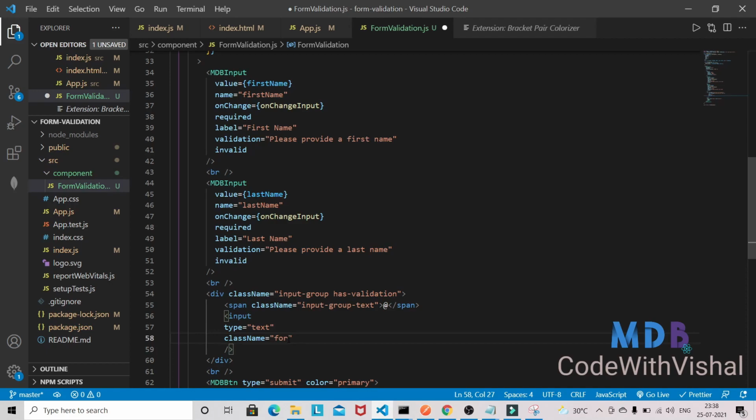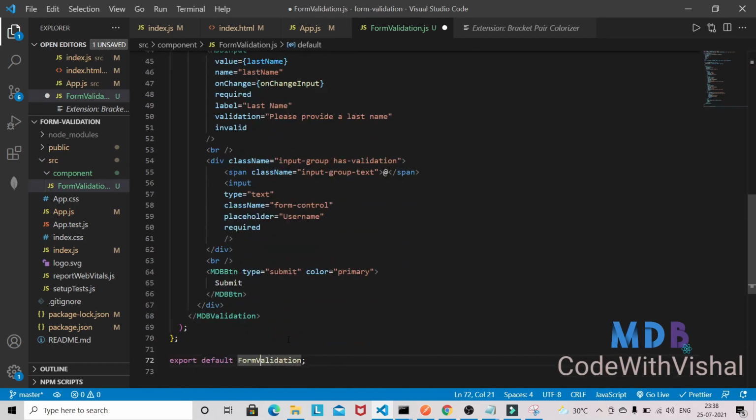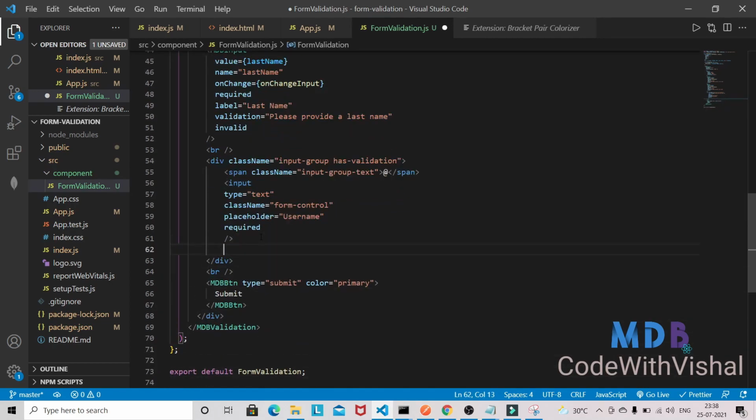So class name I'm going to give here form control, and the placeholder will be username, and this will also be required, and we'll have a div here with invalid feedback.